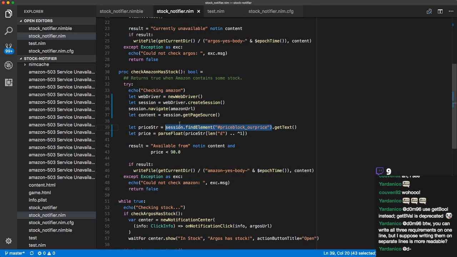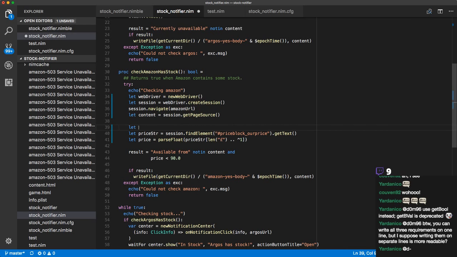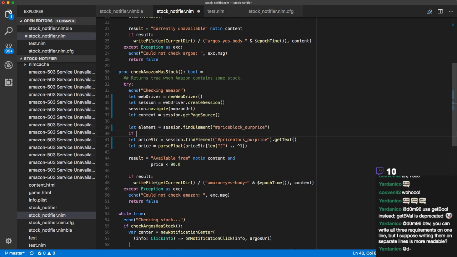So let's do it a bit differently here. Let element... if element dot is some. Let me do this. Yeah, it would be nice if there was a way to use the value of element in a nicer way than using a callback or map. Like, I don't really want to do that. But